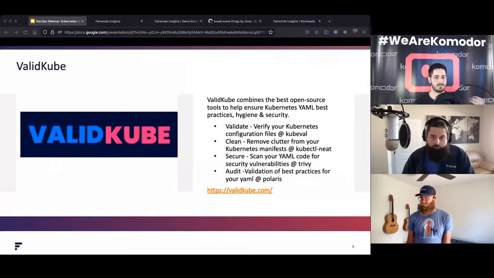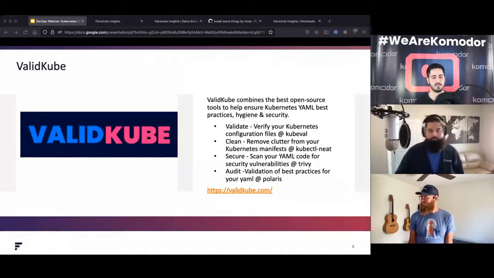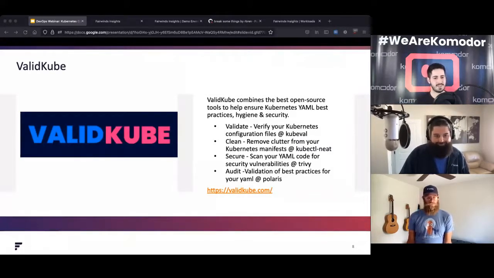And the fourth and last tool is Polaris. I'm sure that you will explain about Polaris later on, so I won't explain about that. And by the way, 2 of the tools, Trivy and KubeNeat, are powered by Aqua Security. I think this is it. On just a website, you enter your YAML and get the result that you want. Very simple.